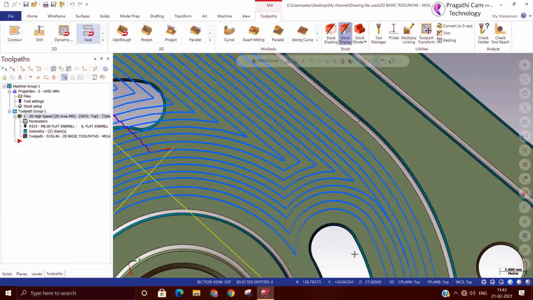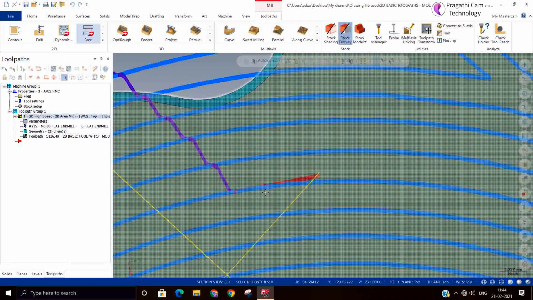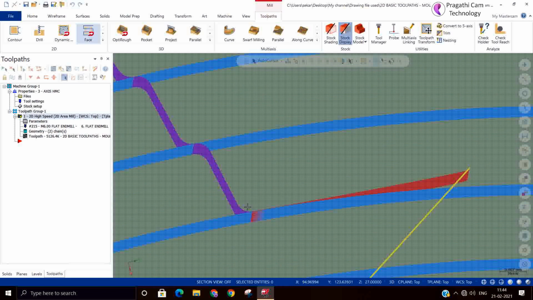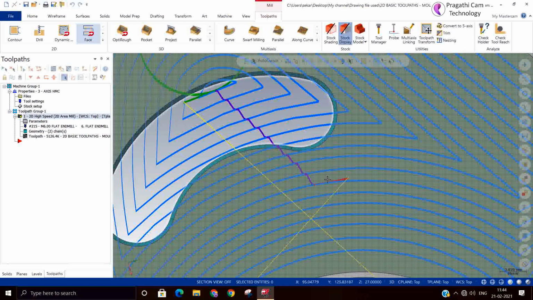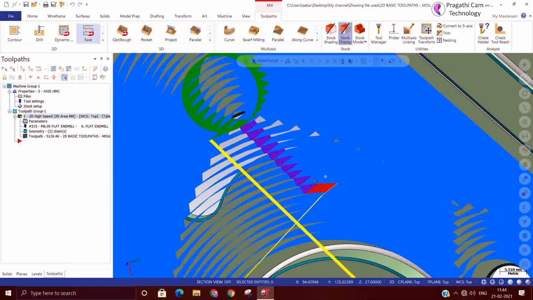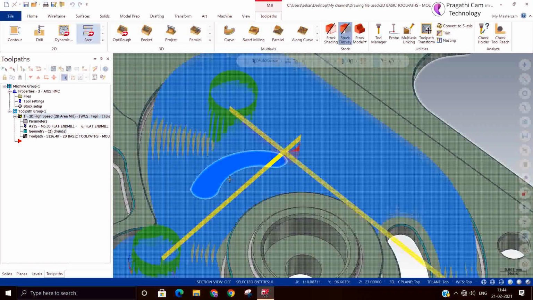So now you can see that this is a normal. Now you can see this is the transition. So from one depth to next depth, how it is done. One step over to another step over, and how it transits between one step over to another step over.